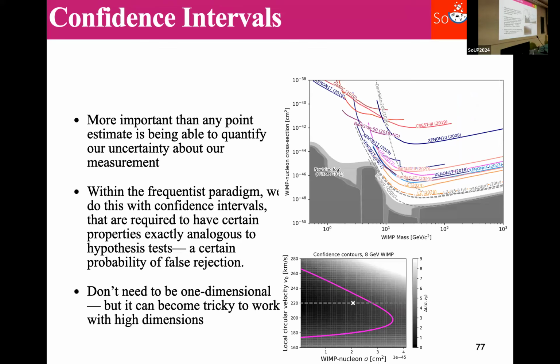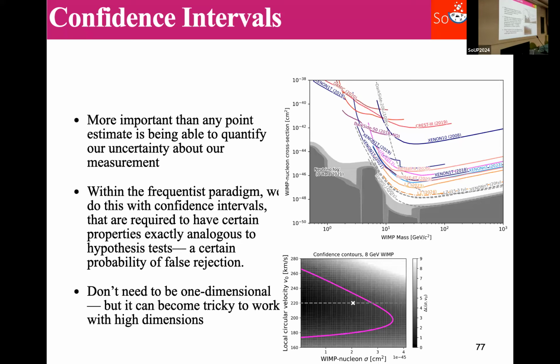So confidence intervals. Much more important than being able to have an unbiased estimator for something is being able to say how certain we are about something, right? It's the first and most important part of scientific honesty, I think, to be able to say what uncertainty we have about the thing we're saying. And so this should always be our main output, or we should at least think of it as part of our main output: quantifying the uncertainty with which we say we know something. And so within the frequentist paradigm, we do this with what are called confidence intervals.